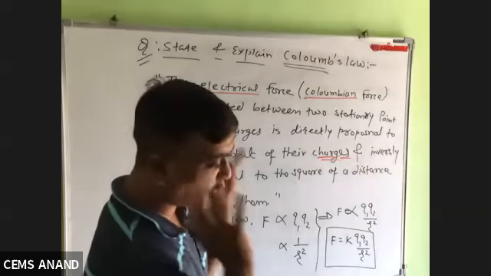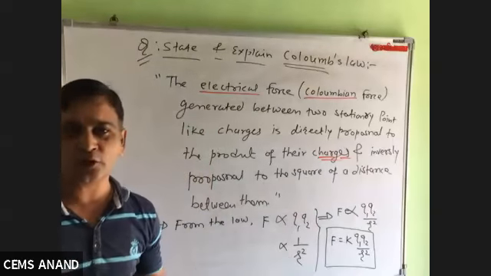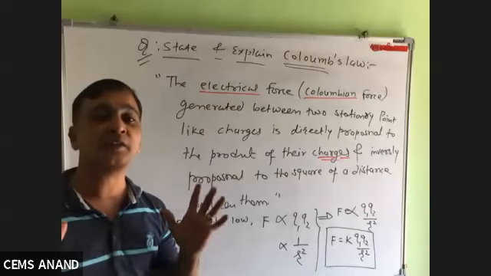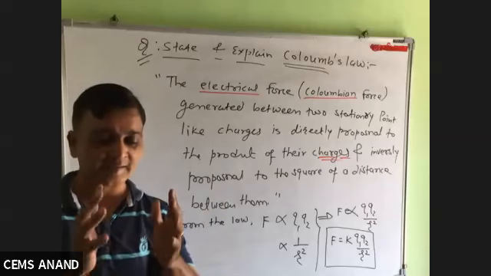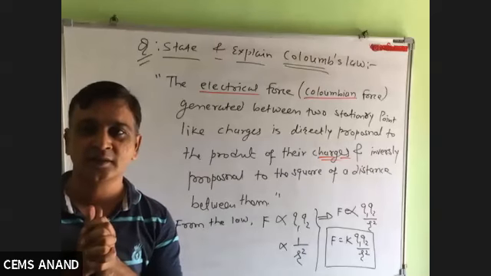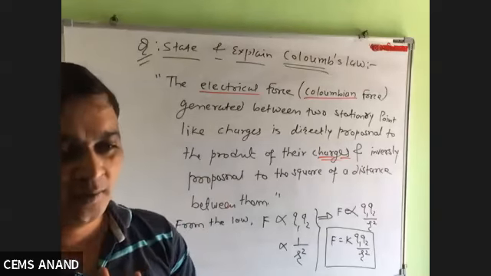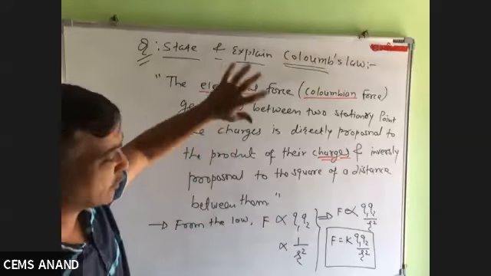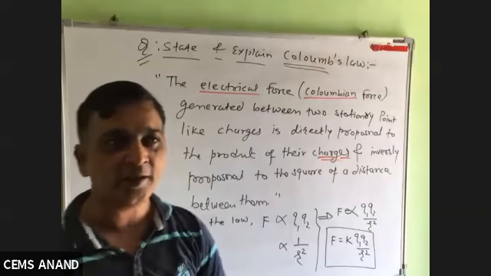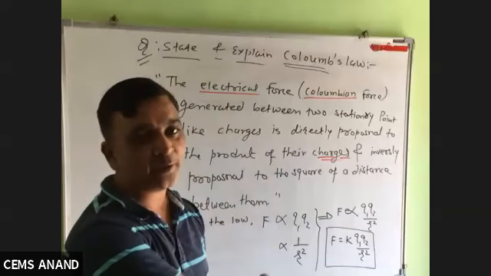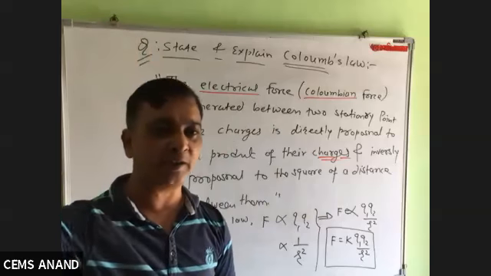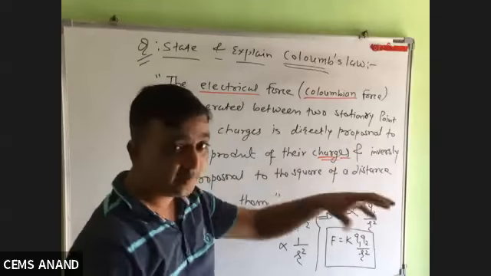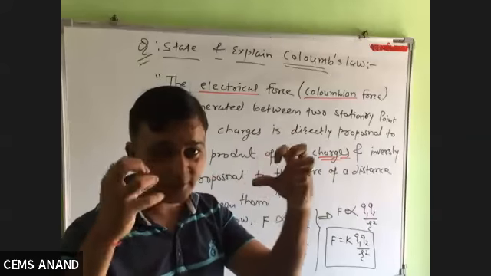Right. So Coulombian electrical force is generated between any two stationary point-like charges, which are at a certain distance from each other. They can attract or repel. Do not fix in your mind that as the statement of this law is almost equal to the law of gravity, the force generated over here is also of attractive type only. No. In gravity, the force is because of mass and it is only attractive type.